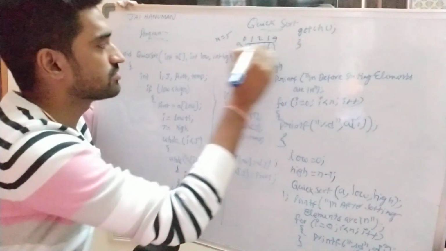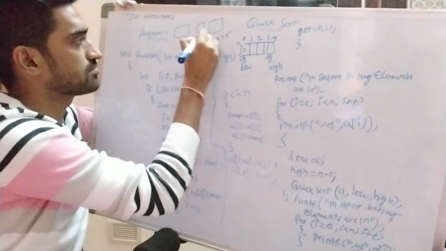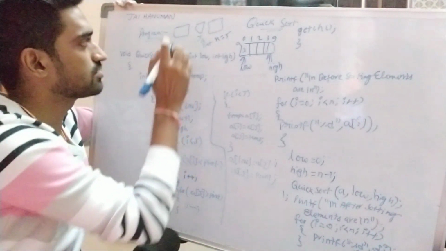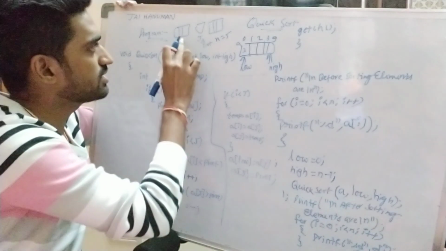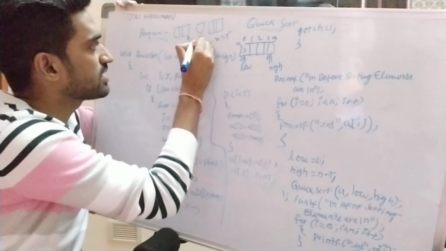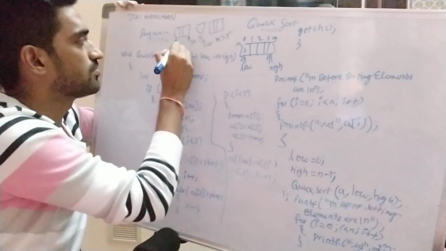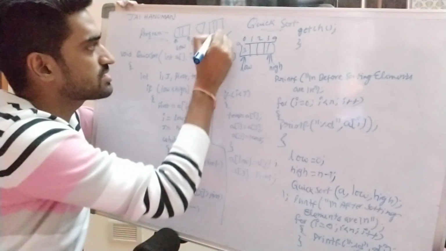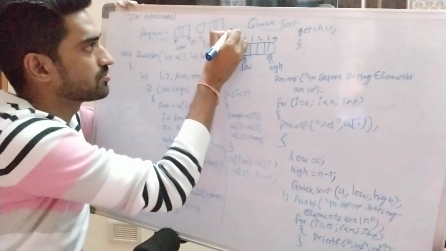Here I am dividing this array into two subarrays based on the j position. This position is the pivot position, right? Now for these two subarrays we can apply the same procedure recursively. For the left subarray, the high boundary is j minus 1 and the low boundary is low. For the right subarray, the low boundary is j plus 1 and this is the high boundary.